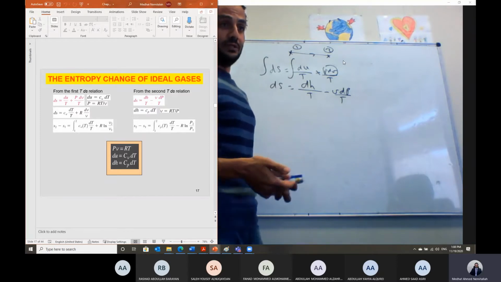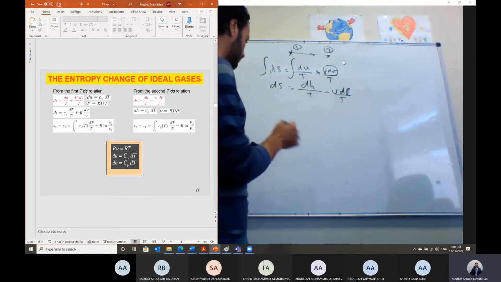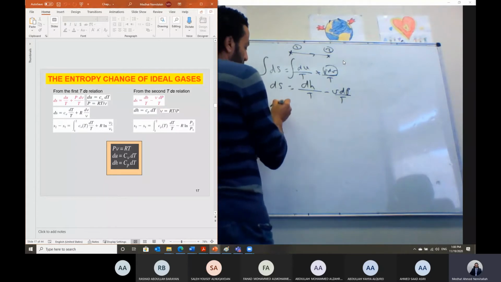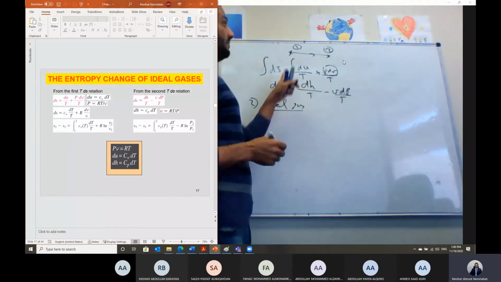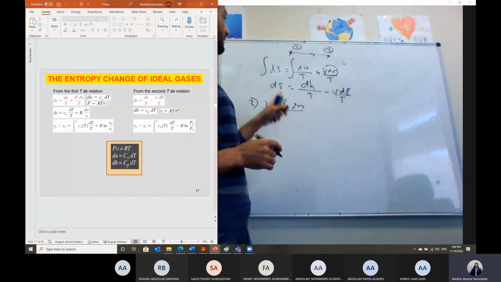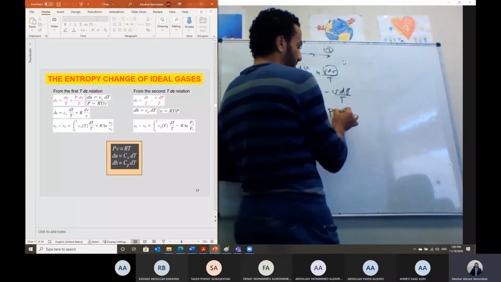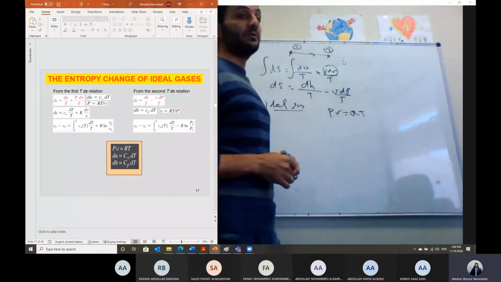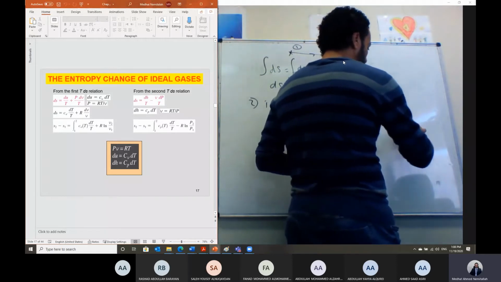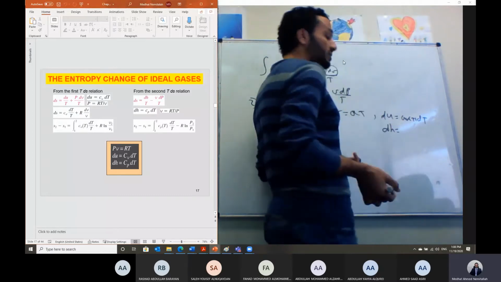with much deeper calculation. So when we say we have a gas, we consider it as an ideal gas. The second special case: if the working fluid is an ideal gas, undergoing a process of change from 1 to 2, and I need to calculate delta S. We have developed those two ds relations, and for an ideal gas we have one equation, the ideal gas equation Pv is equal to RT, and delta u for a gas is equal to Cv, which is a function of temperature, dT, and delta h, the change of enthalpy of a gas,